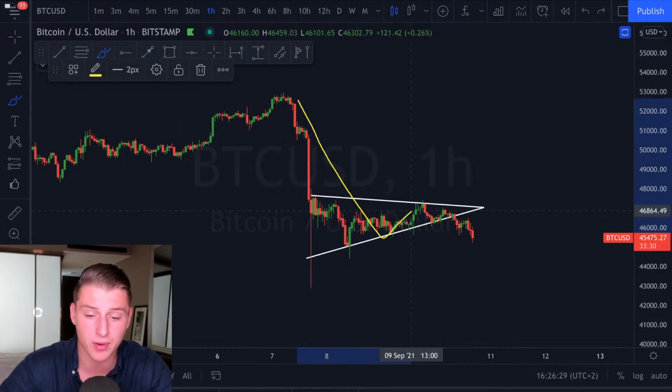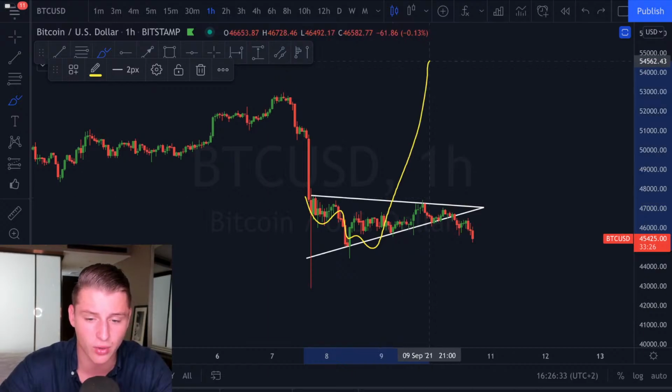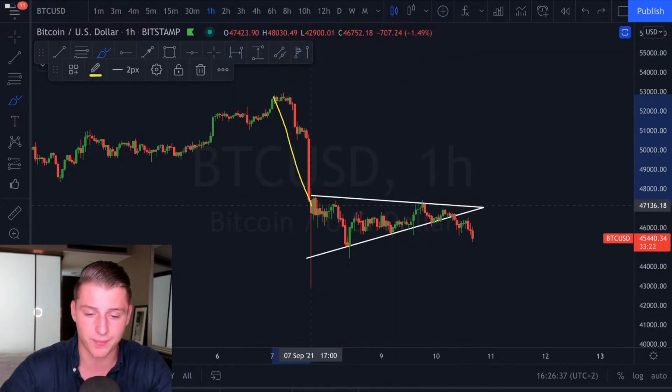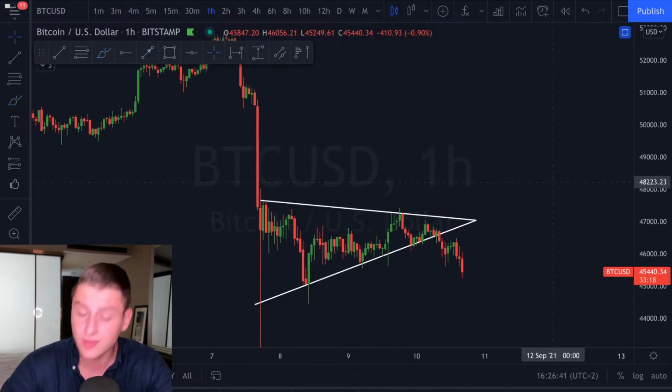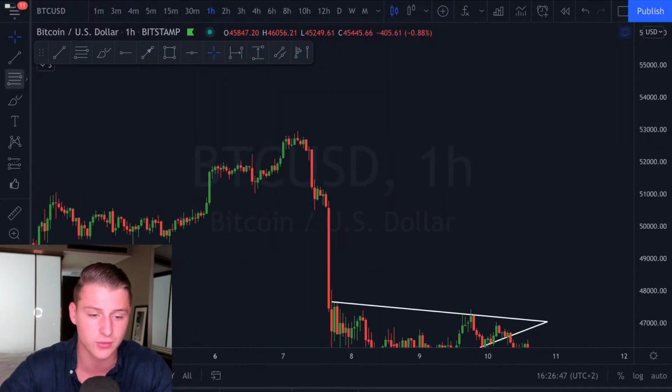If some people are calling for a V-shaped recovery, if there was a V-shaped recovery, I can tell you already, it already happened, because too much time already went over it, in my opinion. So yeah, continuation pattern, I do expect another leg down from here on. Even though I don't like to say it, I want to be seeing, of course, Bitcoin increasing. I want to be staying realistic with you guys, just like we were, of course, on the 52,000 US dollars,